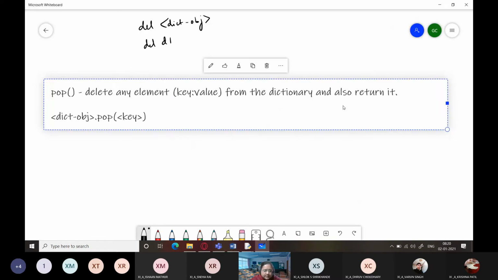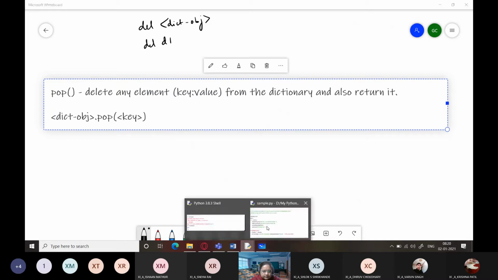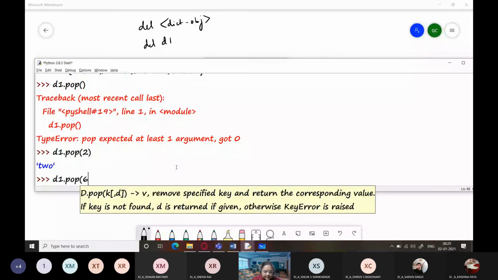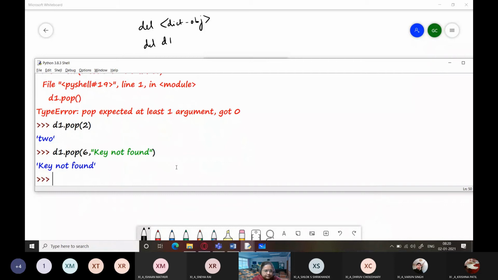So let's just try that out. I write here d1.pop and I'm writing here 6, and I'm writing here "key not found". So you can also provide an optional argument, that is an optional error message along with this.